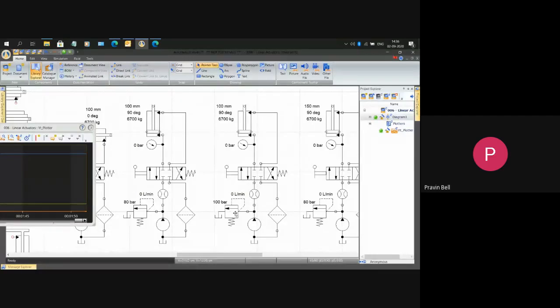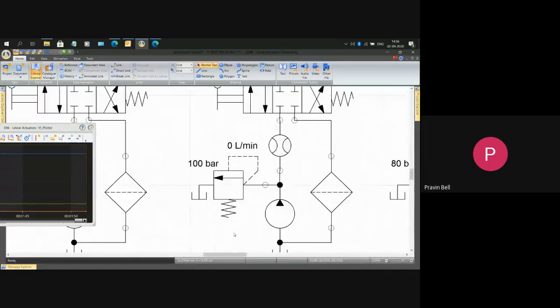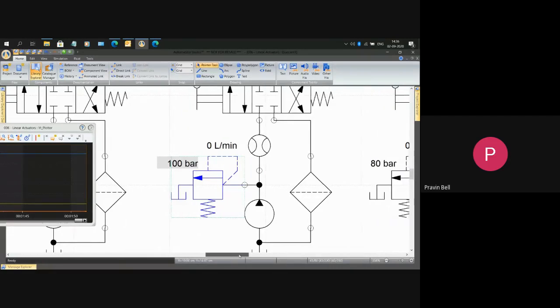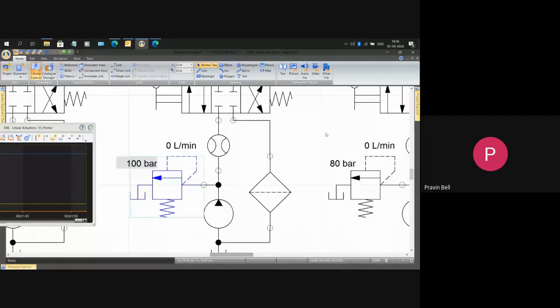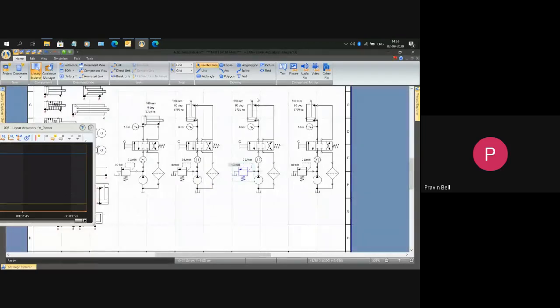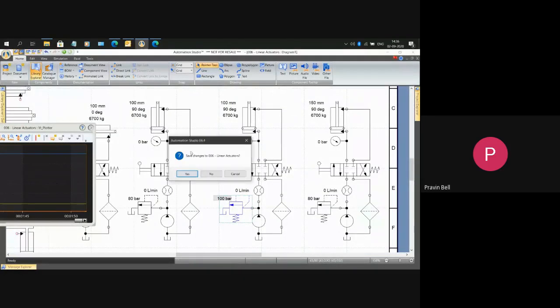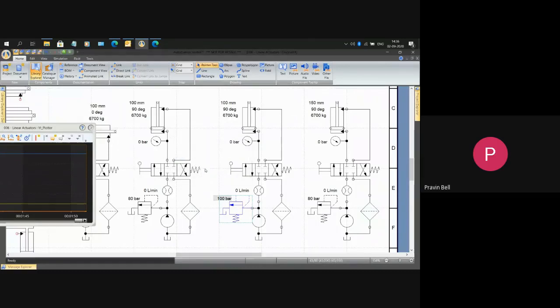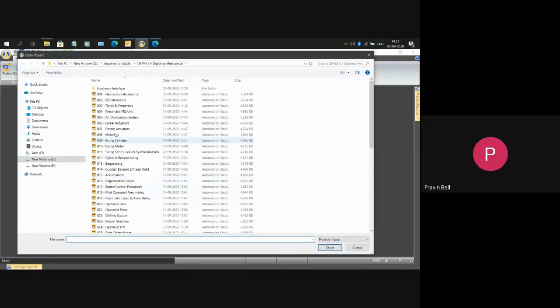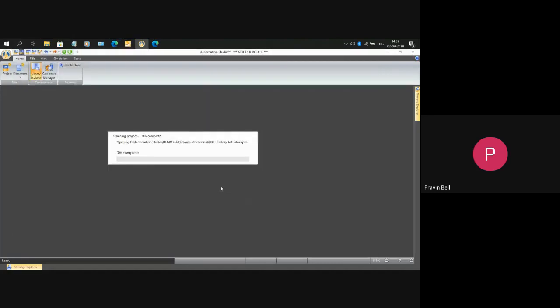The same thing can also be a practical for the study of pressure relief valve. So pressure relief valve of 100 bar, 80 bar, how it affects the entire system. Such interesting practicals you can do by using Automation Studio. So this is a linear actuator study. There are certain practicals I saw even for rotary actuators. Now rotary actuators,